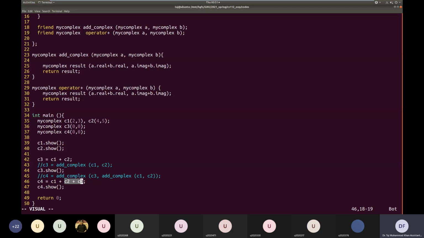And then the function will be invoked for this plus symbol. This symbol will receive 2 arguments.